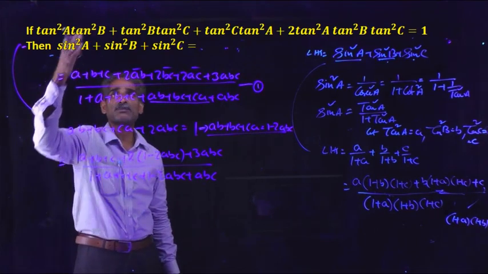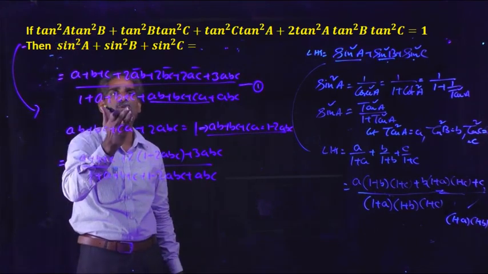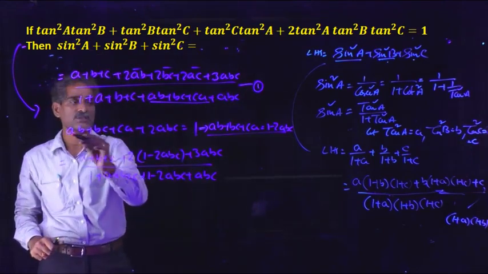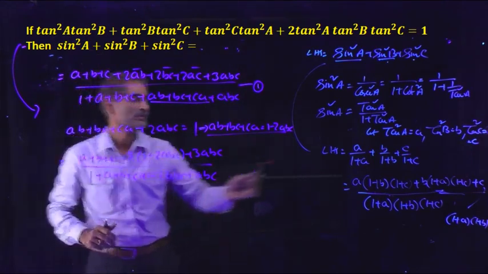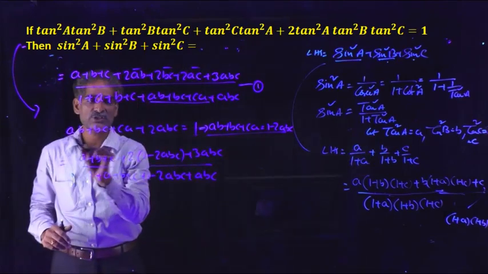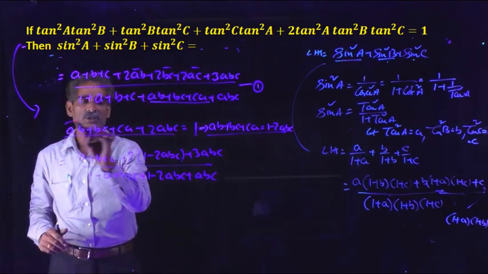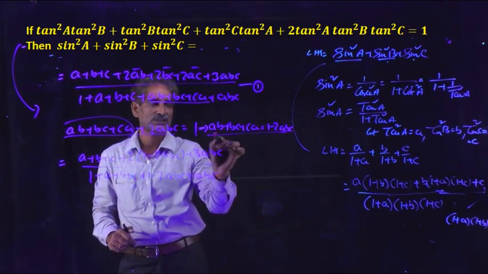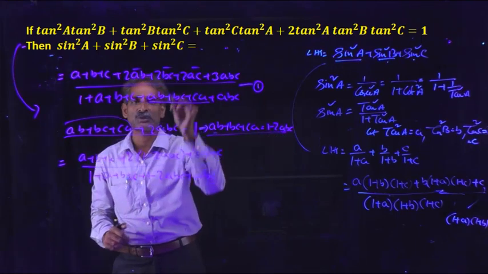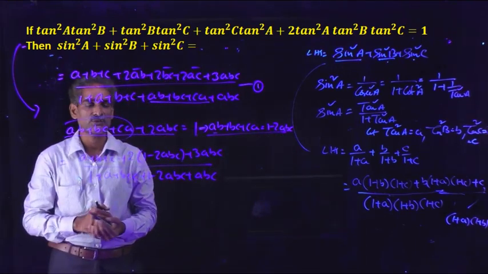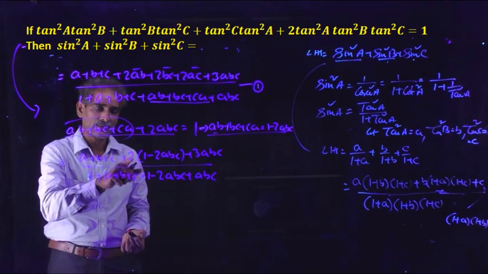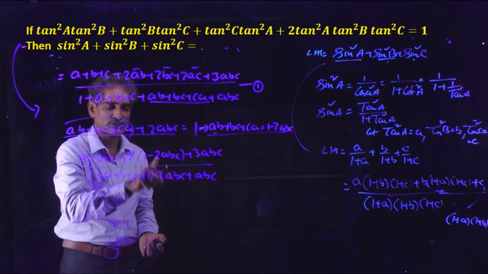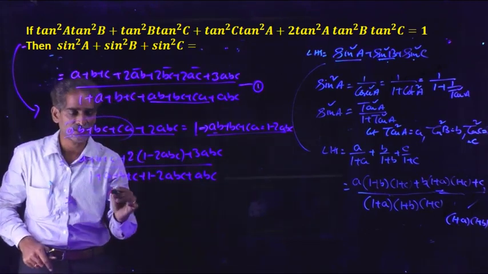Here, by using this above expression, we have to find out this value. So let us take this equation equal to 1. Now from the given expression, we will get a condition with the help of this substitution. So this is the condition. From this, the value of this expression is 1 minus 2ABC. Substitute this value 1 minus 2ABC in the numerator and denominator. So here we will get A plus B plus C plus 2 minus 4ABC plus 3ABC minus ABC. Now the numerator and denominator are same.